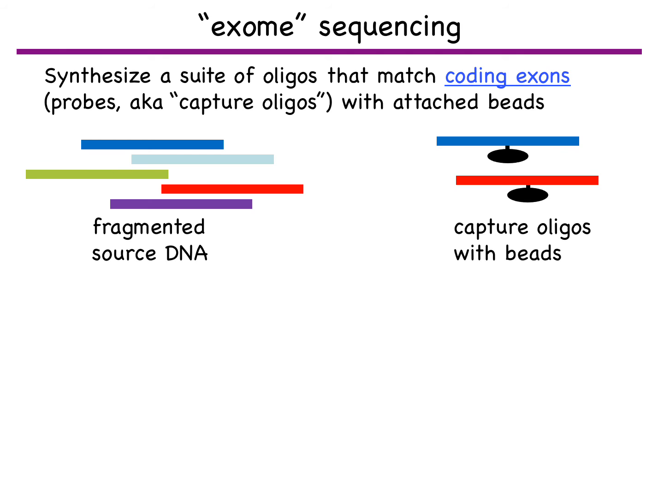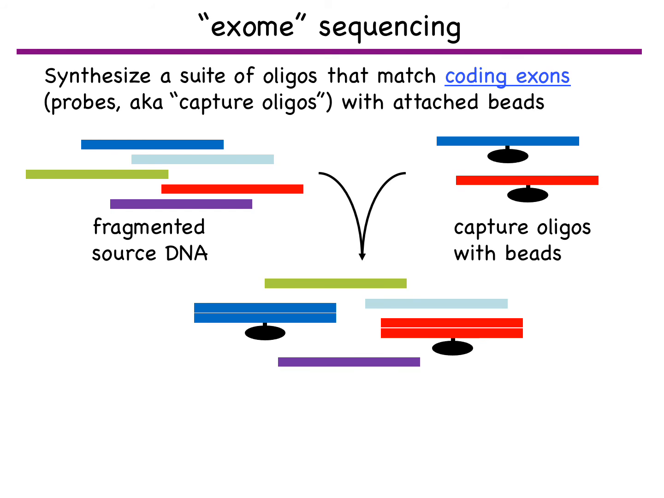So what you do is you take your fragmented source DNA, you denature it to convert it to single-stranded form, and these capture oligos are already in single-stranded form, and then you hybridize them together, you mix them together, and the capture oligos are going to base pair with the sequences from the fragmented source DNA that they're complementary to. And again, if your capture oligos just correspond to the exons, they're only going to base pair with exonic DNA sequences. So if you mix them together, again, the capture oligos are going to base pair with just the exon